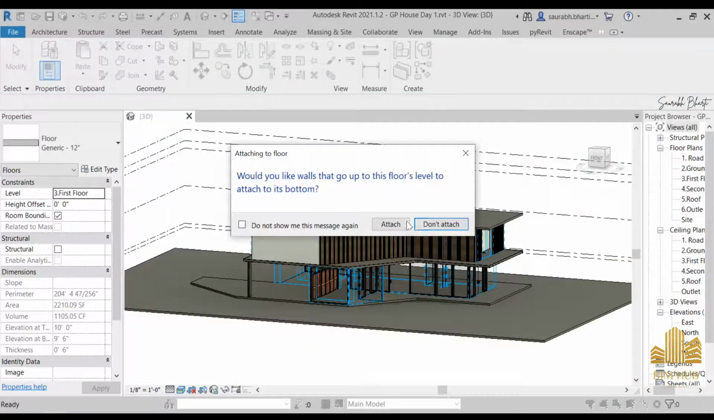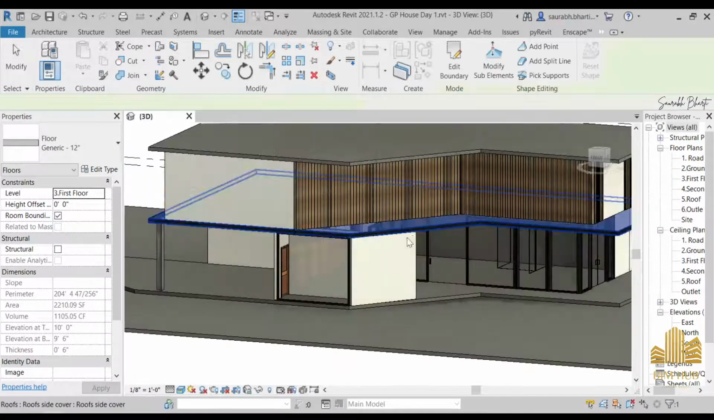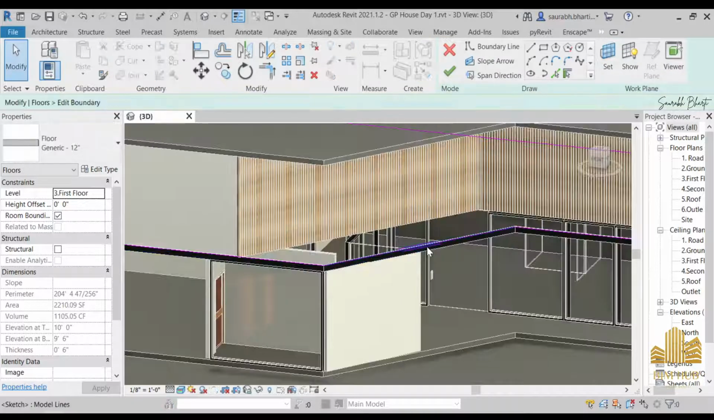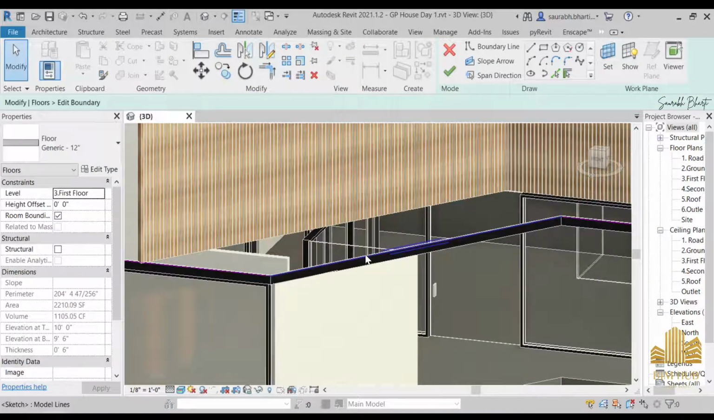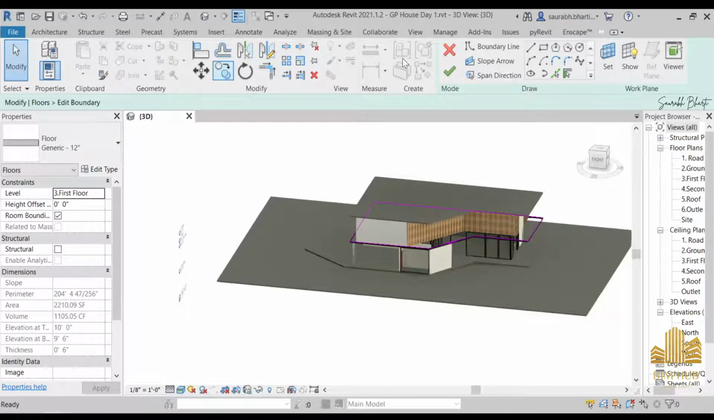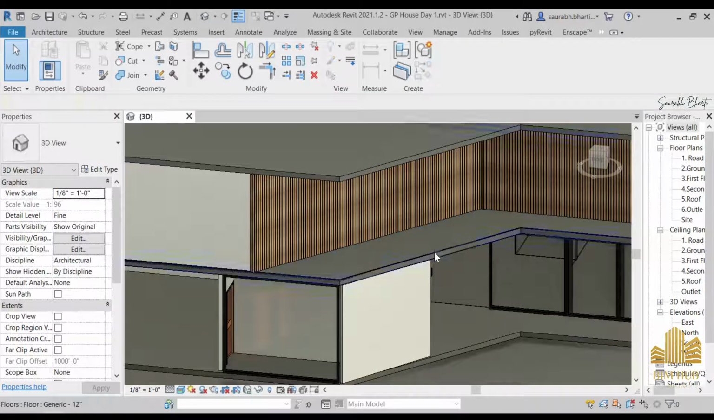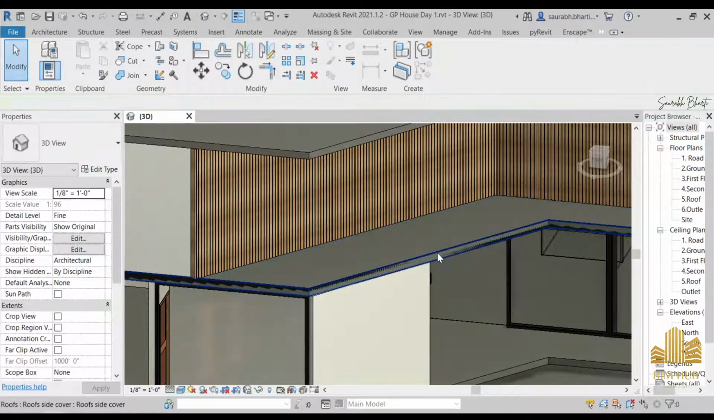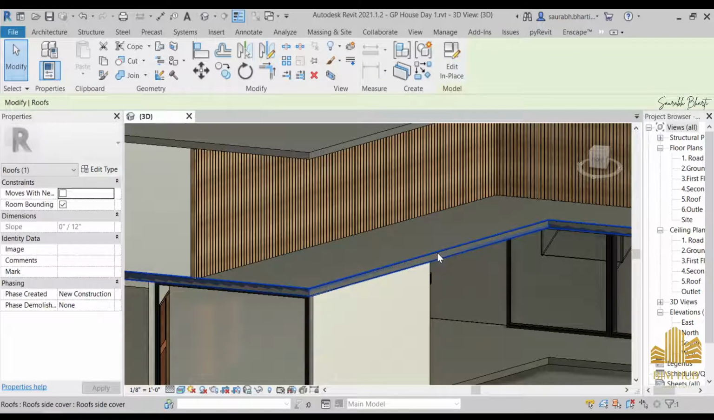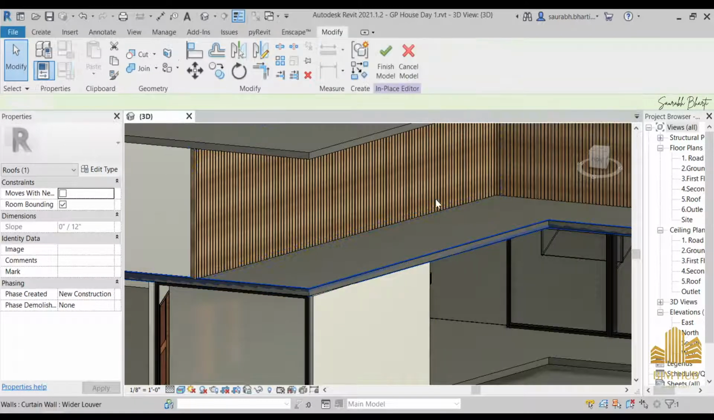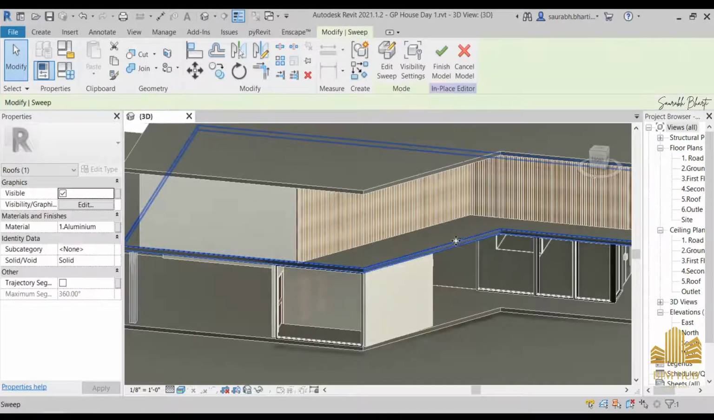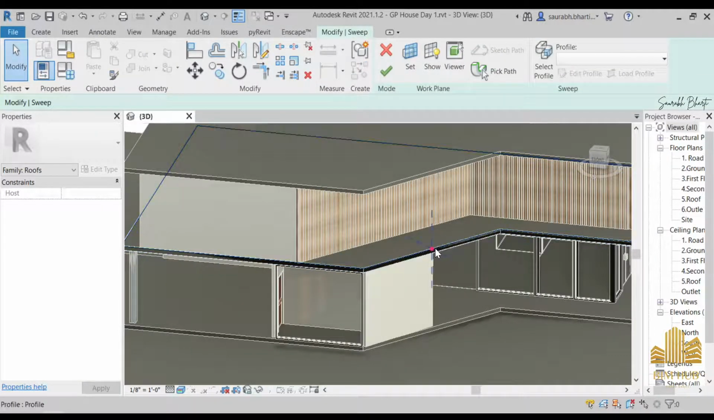So attach, let me see, Edit Boundary, and not the boundary, I have to edit the family. So let me press Tab to select this. As you can see, and as I have selected, here is an option, Edit In-Place. Just go to Edit In-Place, select this one, Edit Sweep, okay, and then